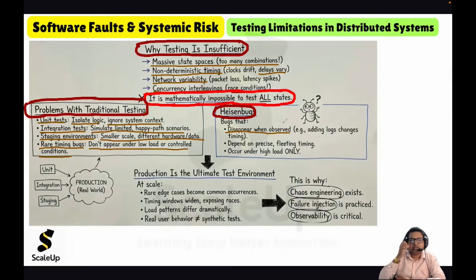So Heisenberg is a special type of bug in software systems which tries to disappear when we start observing it. So bugs that disappear when observed, bugs that depend on precise timing, and bugs that appear only